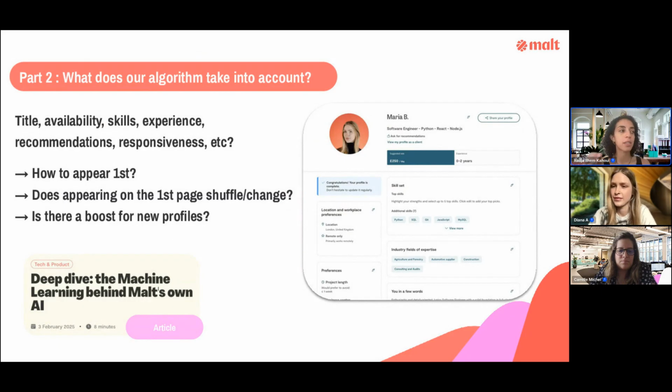So as we said, the goal is that the algorithm mimics clients, and clients don't all have the same behaviors. It depends on the location of the client, for example. It will also depend on the type of client that is searching. For example, enterprise versus SMB won't have the same behaviors, which also means that the first profile to appear when you do the search won't be the first profile to appear when client A or client B do their searches. So that's why it's a bit of a myth.